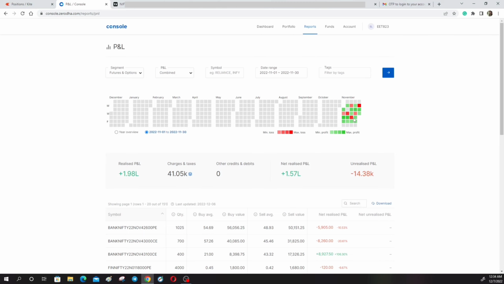Okay, and after that it went to 20k negative, but then it cooled off a bit, and then I booked it at 8.8k. So my mistake there was, see, just 20 minutes were left, and although I trade a different way during averaging, I will make a video on that someday, but that is how I trade during averaging on expiry days. Okay, and majority of the time it actually gives me return, but there are some days where you actually take some hit.